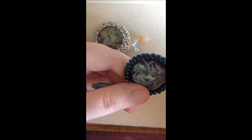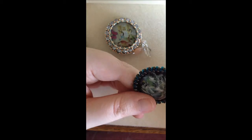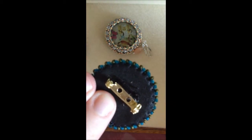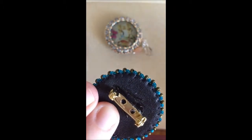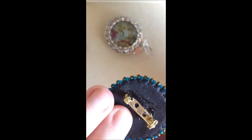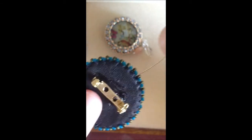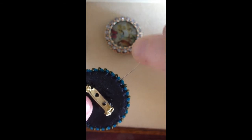So I just started the way I started with this one, made my knot in the front and came back up and picked up a cylinder, a seed, and a cylinder, and I just whipped around. Hopefully you can see my stitching. There you go. You can see I just picked up the 3 beads and then went on an angle up here, caught some leather. I'm sorry, I'm holding that the wrong spot. So I caught some leather right here, came up